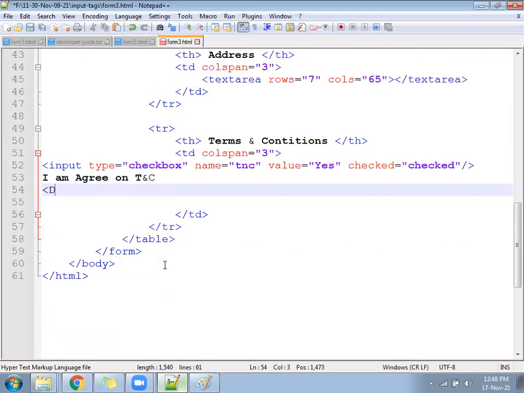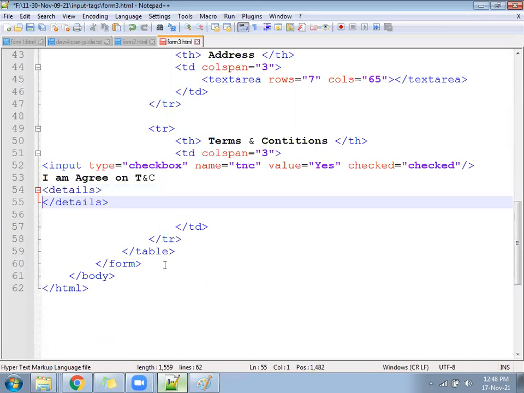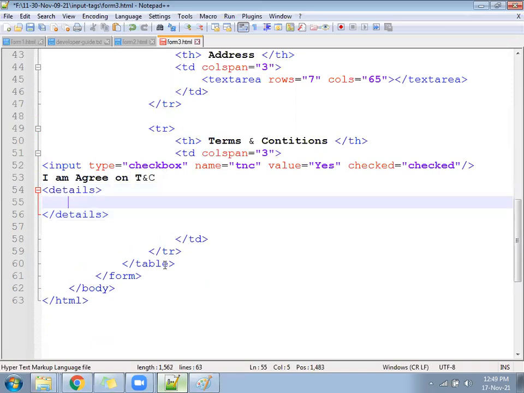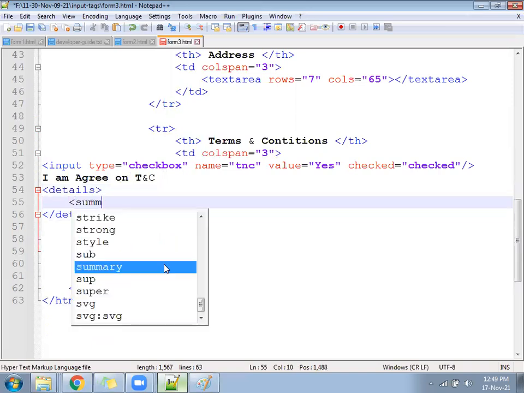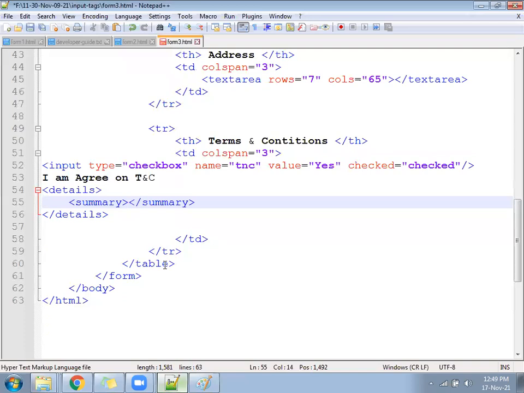Okay. After TNC here, in a details tag within the second TD only, write another tag called summary, collapse expand, read more. You will have a hyperlink there called read more.